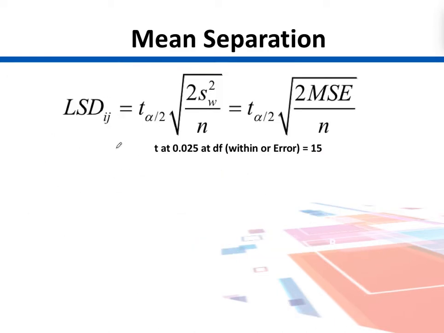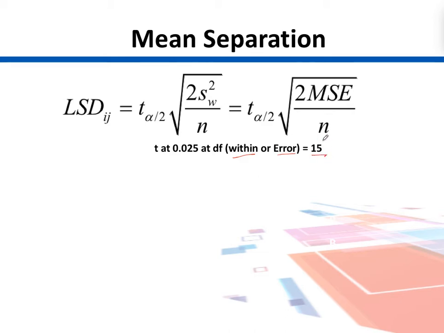So we calculate that number for our example. In this example, we had 3 treatments, and S square of W we already calculated. We knew its degrees of freedom, and t for alpha by 2 should be t at 0.025 in the table, and the degrees of freedom are the same as for this within term or error term, this MSE. The within variance, we also called it the variance within. So that is the mean square error term in the ANOVA table, and the respective degrees of freedom were 15.